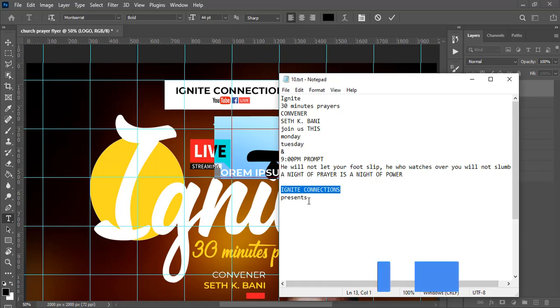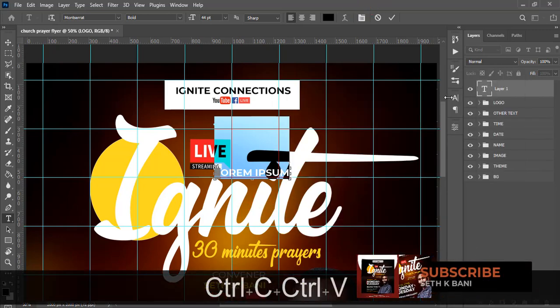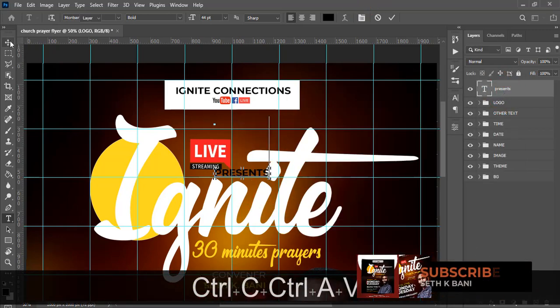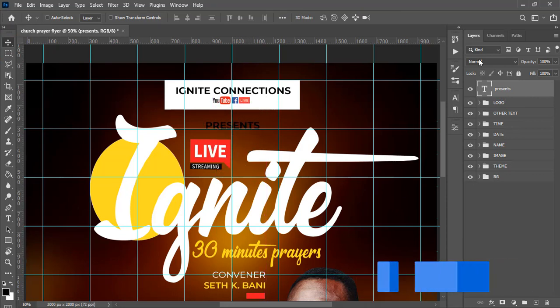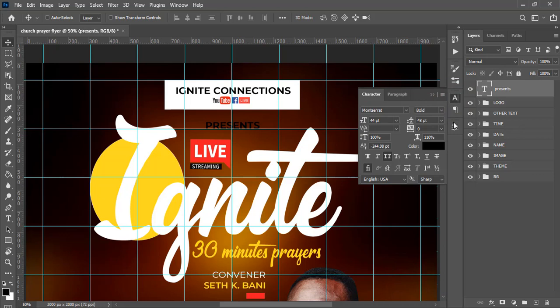And we are done with our logo, but we need to also put some text over here. So let's go there, and then let's pick present. All right, and paste it there. Nice there. Now click on our move tool and then move it here, and then let's go to our character over here. Then we are still using Montserrat. Let's set it to medium,